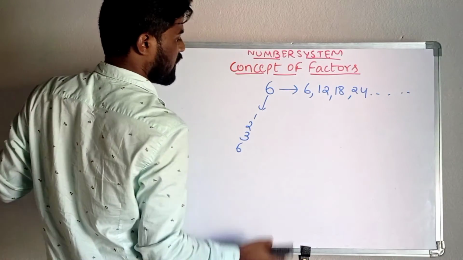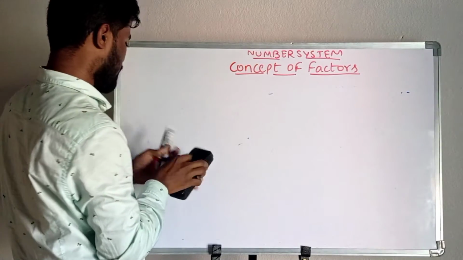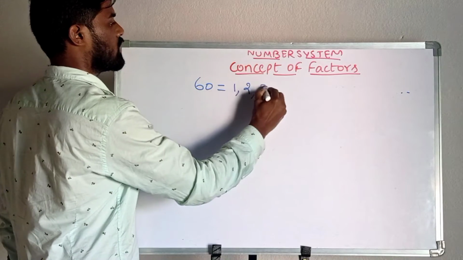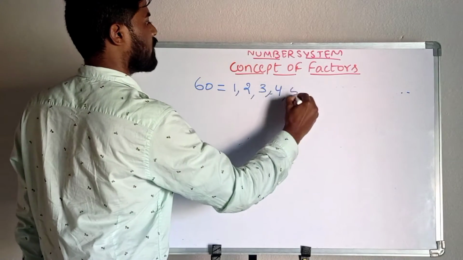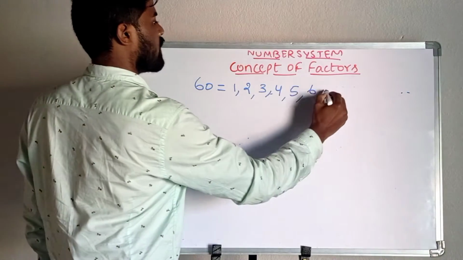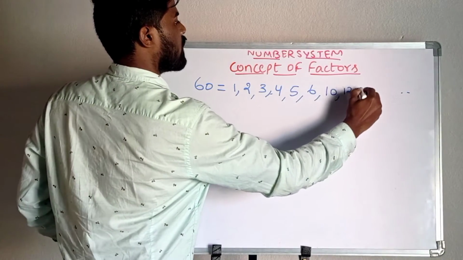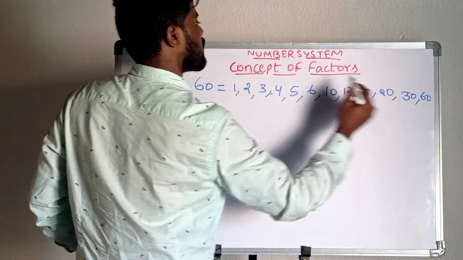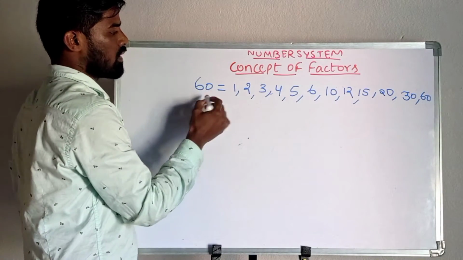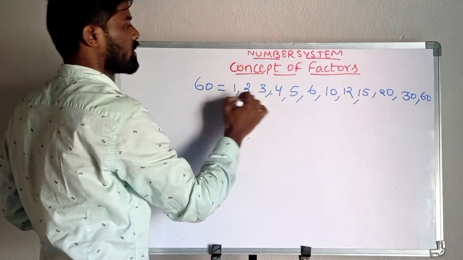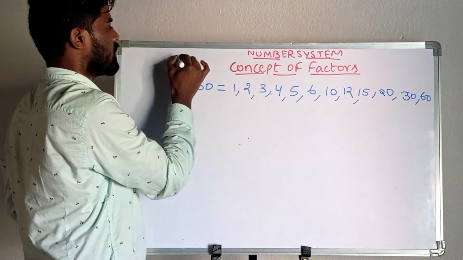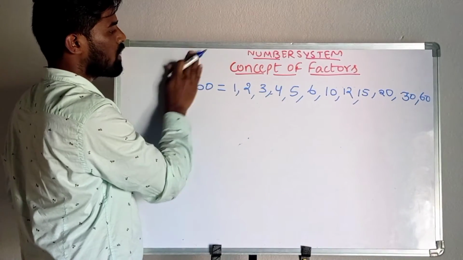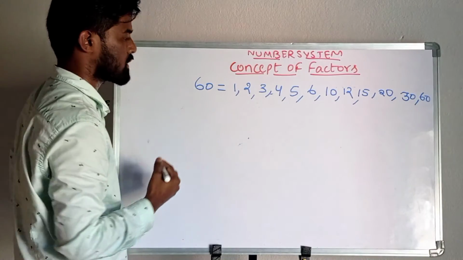First we will see how to find the number of factors for a given number. Suppose you take the example 60. The factors of 60 are 1, 2, 3, 4, 5, 6, 10, 12, 15, 20, 30, 60. For smaller numbers, we can write the factors like this and count them. Suppose we want to find the number of factors for 1320, we cannot do it like this. So we have a formula. Let's discuss the formula for finding the number of factors.